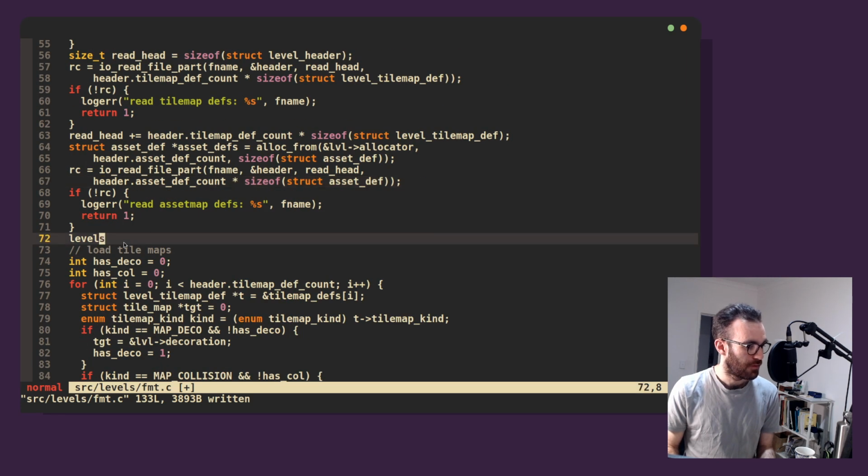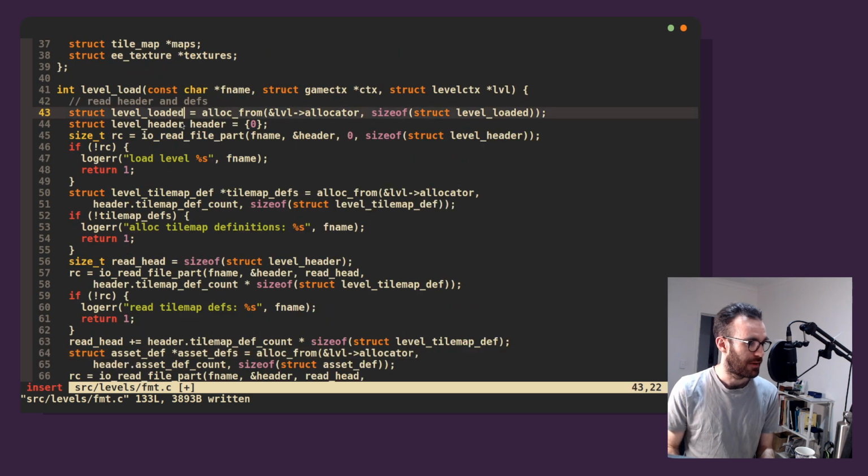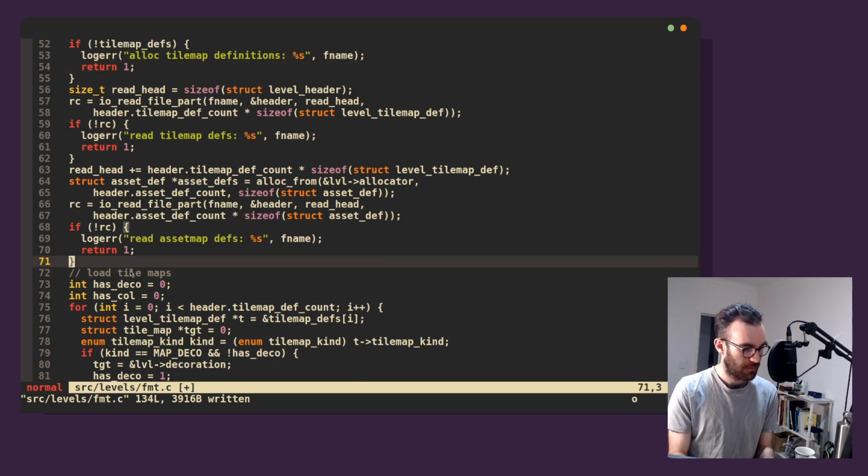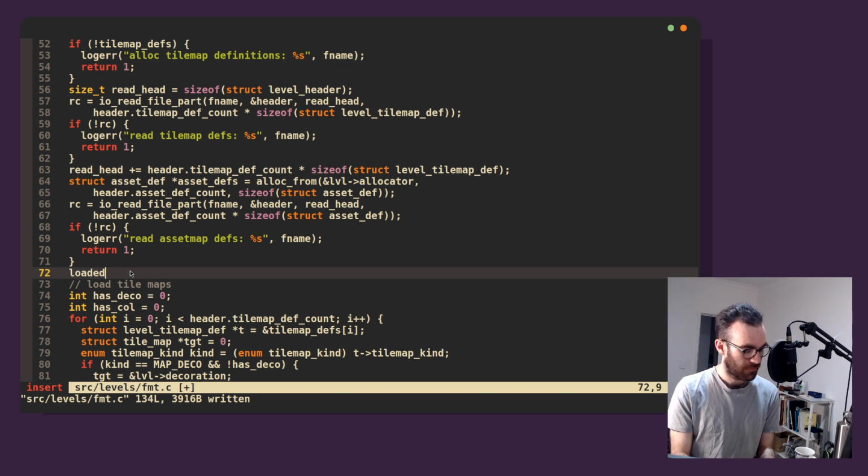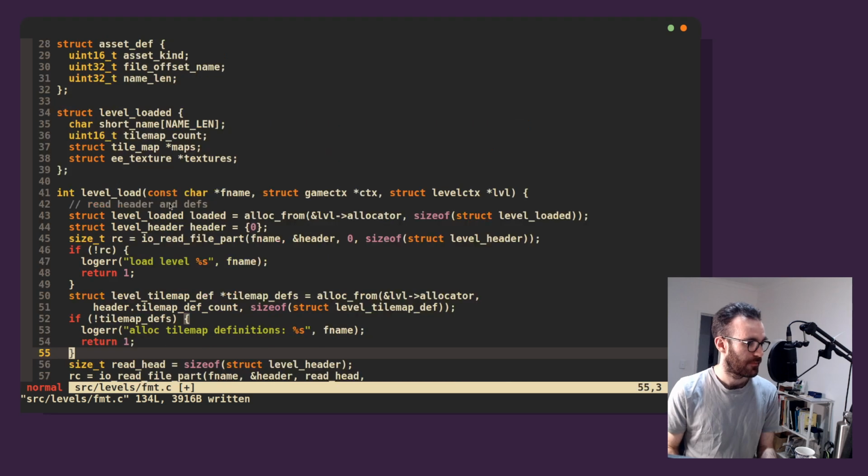Level loaded. Wait, did I give that a name? No, I didn't. Let's call it loaded. Let's say loaded textures